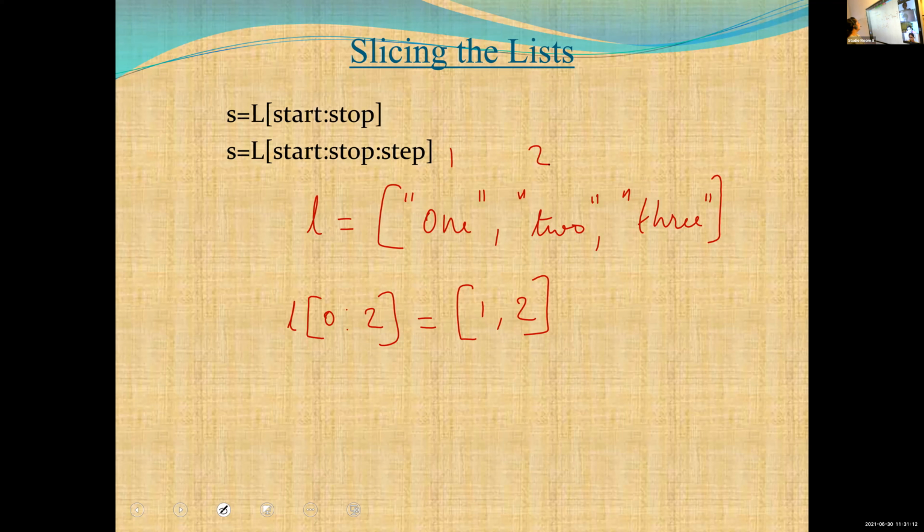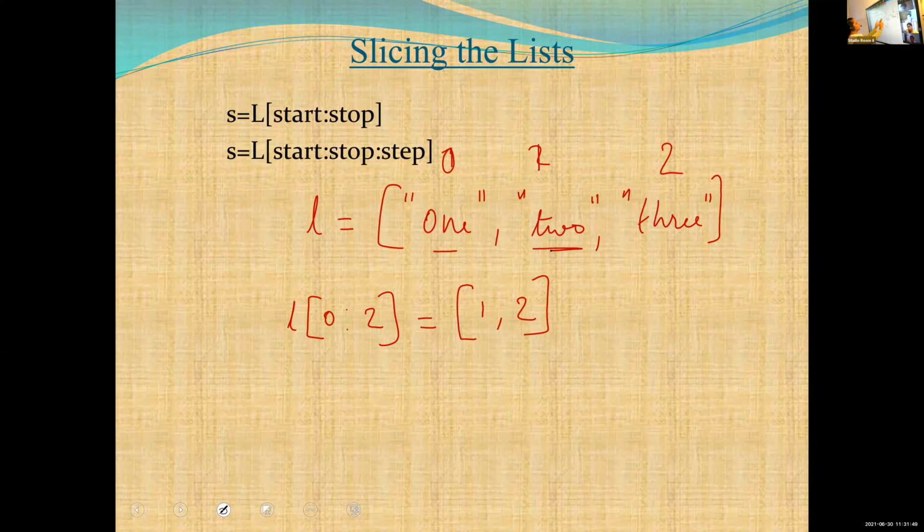That is the problem. So for that we are using string slicing, L of 0, 2 is equal to 1 comma 2. Here 0 is the position value, 1 is the position value here, 2 is the position value here. Then 0, 2 means 0 is included and 2 is not included. So L of 0, 2 means the value of 0 is 1, the value of 1 is 2.